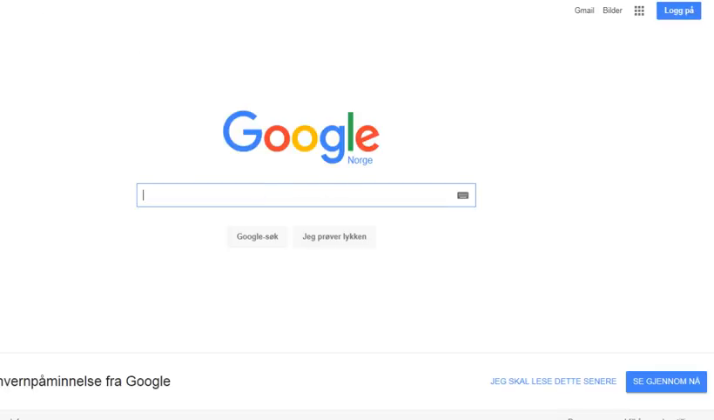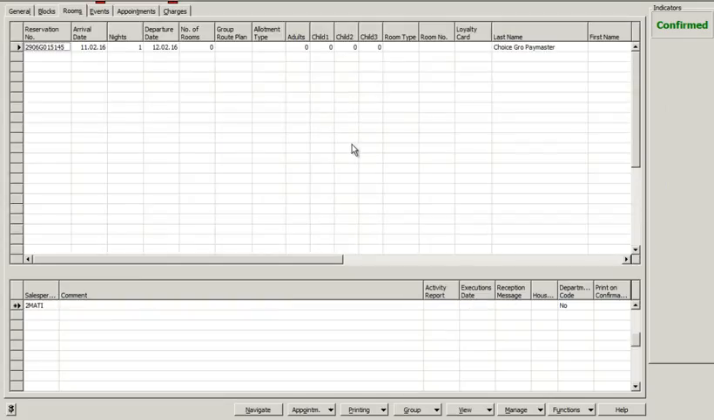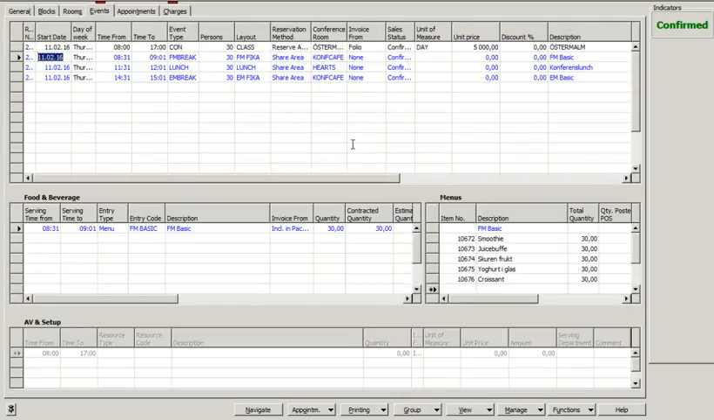To add comments, for example, for the kitchen, we need to enter Events. It could be that someone is allergic to fish and shellfish, or that they are lactose intolerant, something which is important for the kitchen to know. Here we have a person who is allergic to gluten. We must mark the meal, which is FM break,